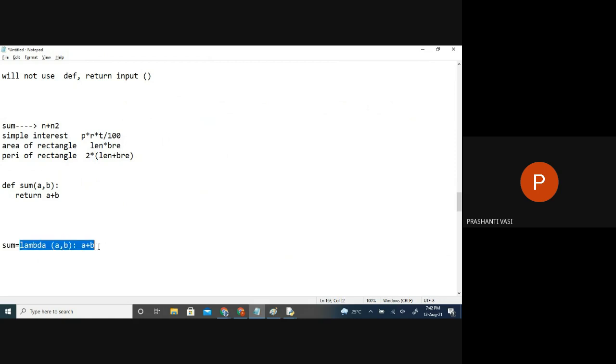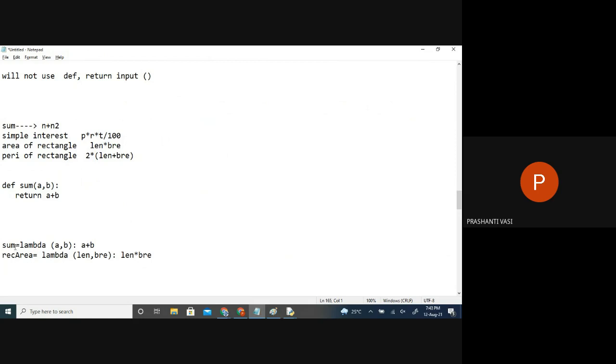So this whole expression we have named it as what? Sum. Means the formula for sum is this one. Same way if I say rectangle area is equal to, so I'm just saying lambda with how many variables? Length and breadth. I'll put it in round brackets. If it's 1, you don't need that round brackets. If it is more than 1, you have to enclose in round brackets and then say whatever you want to return. The answer, you can go for that.